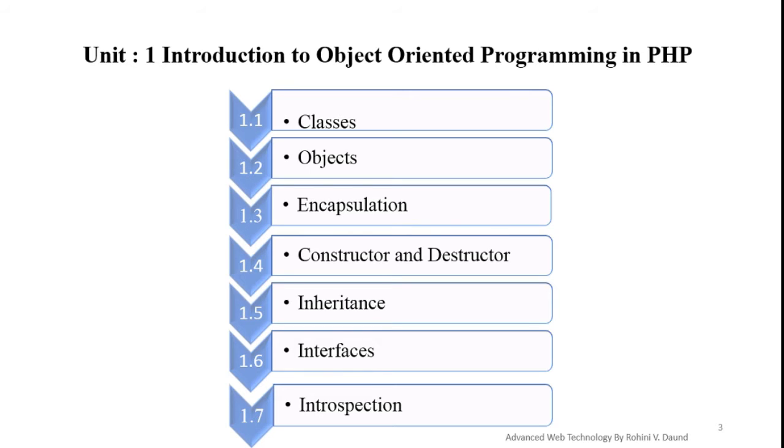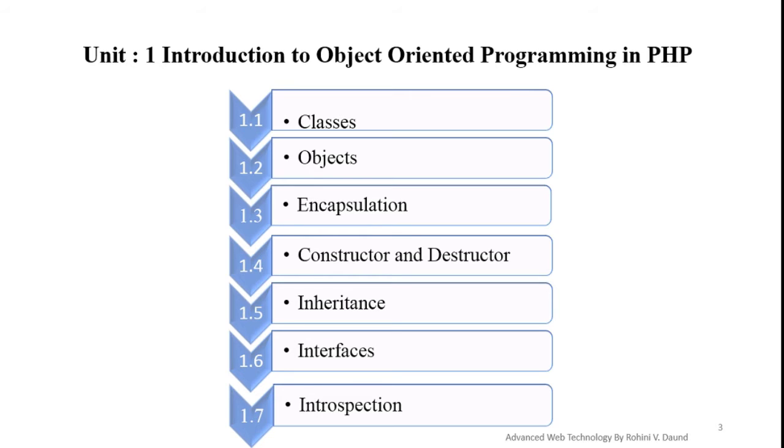Next one is the constructor and the destructor. A class constructor is a special function with the same name as its class that is called when an object from the class is invoked. A destructor function is called when an object is destroyed. Next topic is inheritance. Inheritance is the ability of PHP to extend classes that inherit the characteristics of the parent class. You learn about the types of inheritance in this chapter.